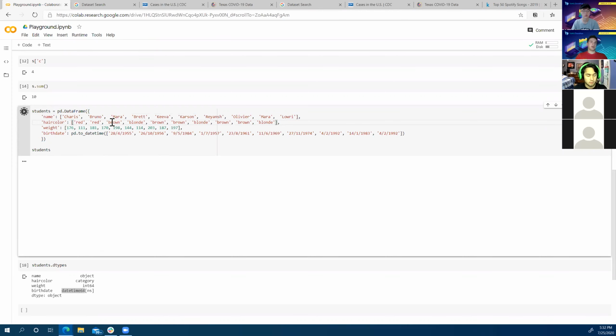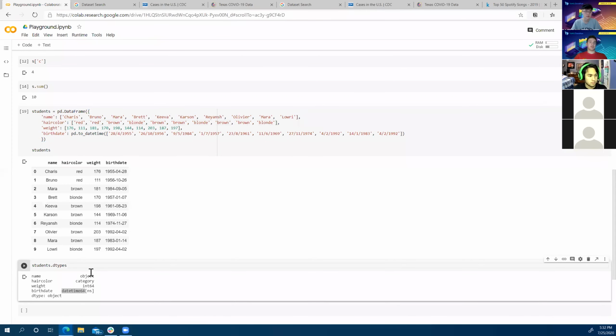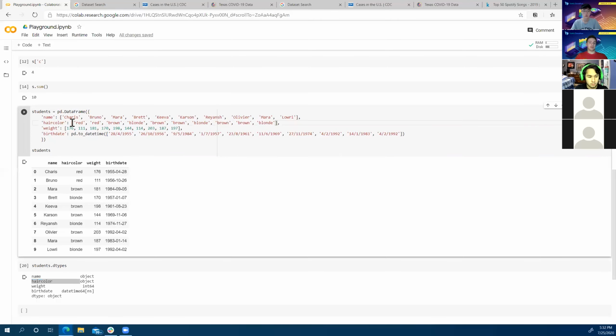I'll show you what this does by getting rid of it. If I get rid of that and I run this again, and then I check to see what the data types are for these different columns, you can see that the data type for the name column is object, and the objects in the hair color column are interpreted as just objects. That's what they used to be when I had pd.Categorical.